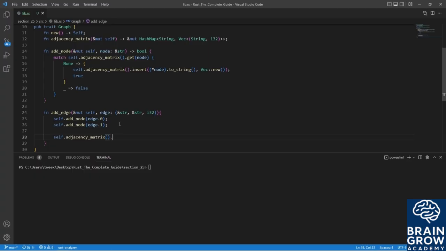So we can say get our adjacency matrix. We want to get the entry, and entry is a hash map method available to us where we get the entry for this node. So we are literally going into the hash map and getting all the information associated with this node. And so we want it to be toString, and then we're going to modify it,